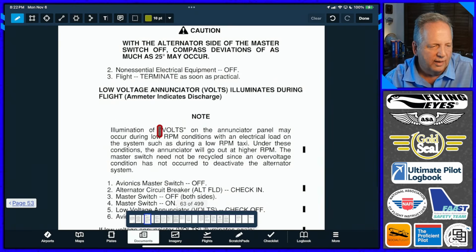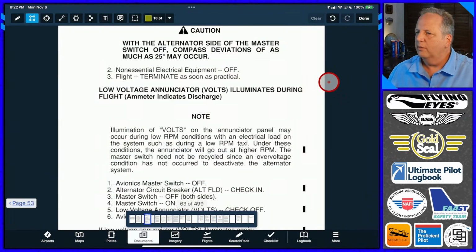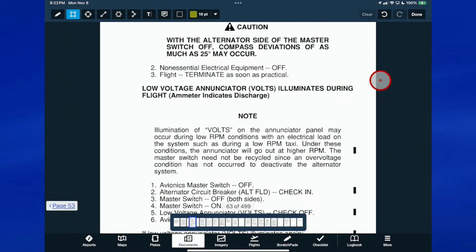If I wanted to highlight a couple lines here, I would select this box here. I'm up here in the top left corner. Select the four-cornered box, and I'm going to make the iPad full screen to make it easier to see. And let's say I just want to highlight this note here, so I can make a box right here around that note. And once I've done it, if it's not where I want it, I can tap on it.